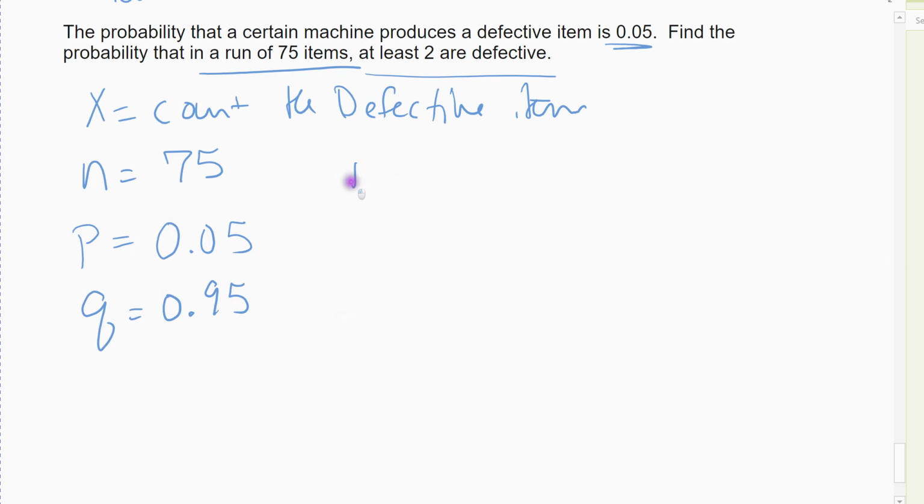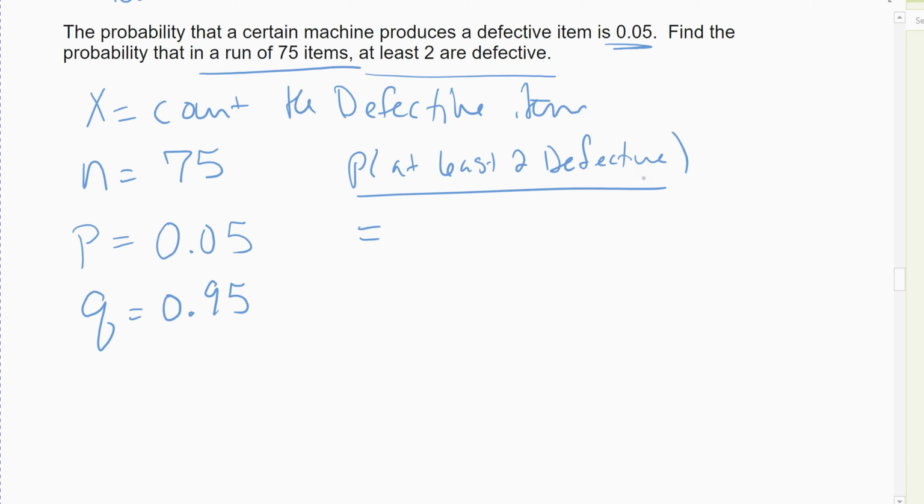Alright, we want to look at the case where the probability we get at least 2 defective, which, if you were going to do this straight out, would be 2 or more, so 2 to 75. You would have to fill out your formula 73 times. I don't want to fill out my formula. I don't have time to fill out my formula 73 times. And so you have to use the complement in these at least 2 cases. So it's 1 minus